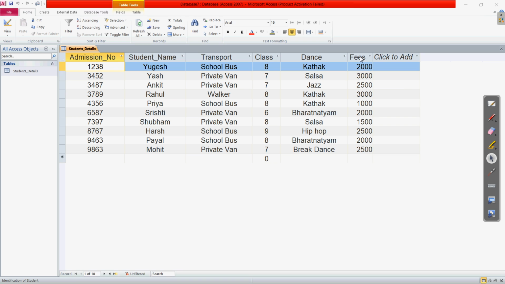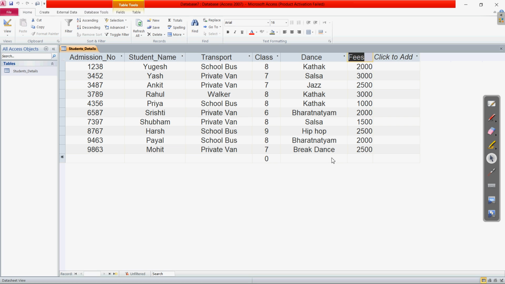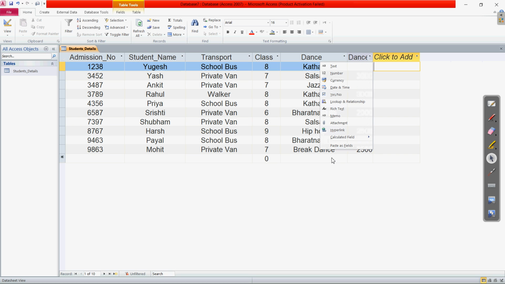So for changing the name of the field, we will first go to that field, then we have to right click on it. So here I have right clicked. Here you can see rename field. So let us click on rename field. Now we have the option for editing. Let us delete what is already written. Whatever the new name of the field you want, you can write it. So if we write dance fees, it was earlier written fees. If you want to write this as dance fees, you can write it. You can make it capital or small, whatever the form. Clear? Then press the enter key.